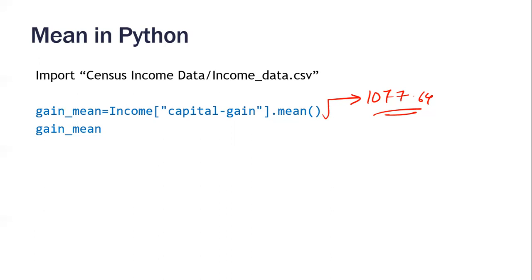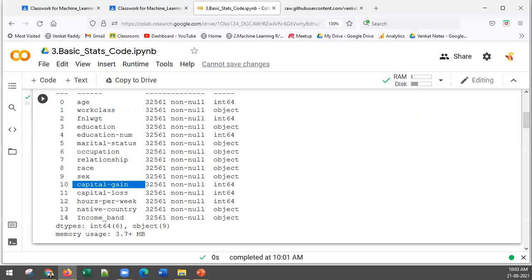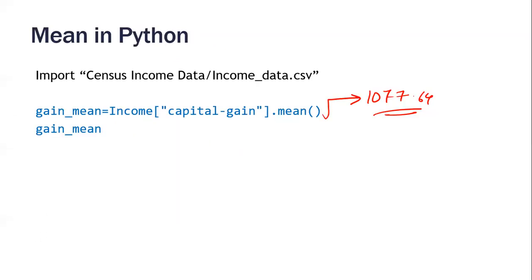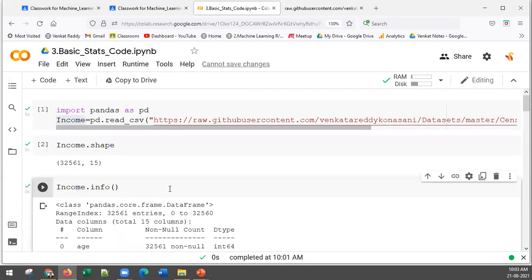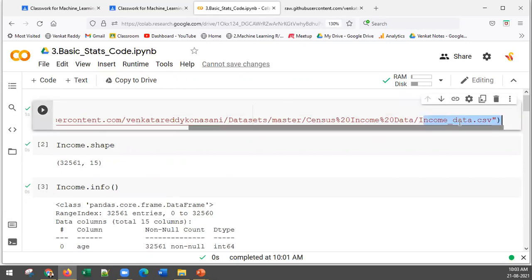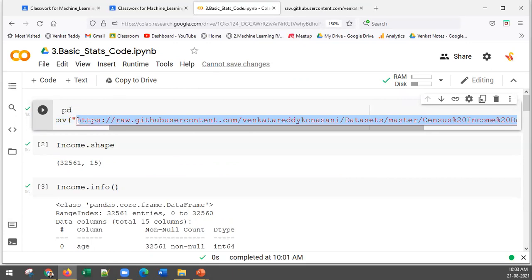Yes, sir. One question: that dataset which you have uploaded from GitHub is already saved there. If we're going for any organization, that dataset will be provided by us, so how will we import that? Okay, if the data set is locally stored, we give the location of that local address. So here, this is the address for this one. If it is locally stored, we will give something like C colon and the local address. All that you need to give is the complete path along with the file name and the extension. Right now this data set location is this one. We just need to give the data set location. That's it.